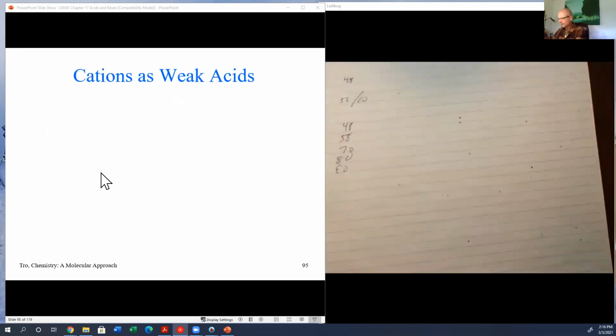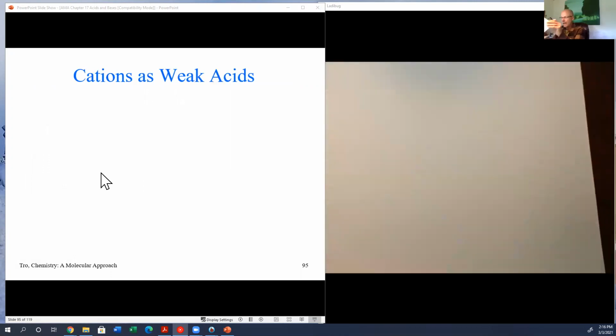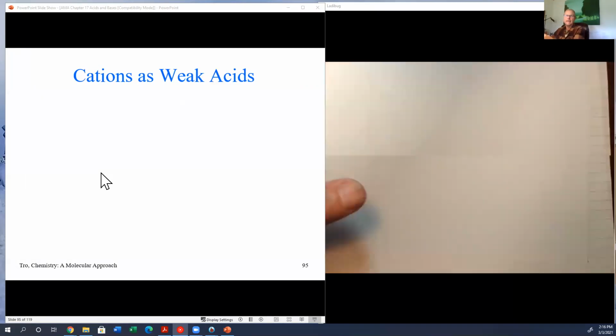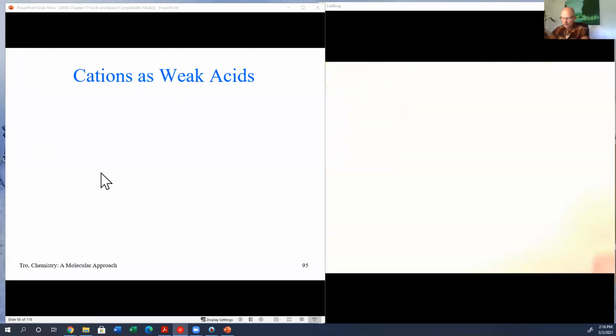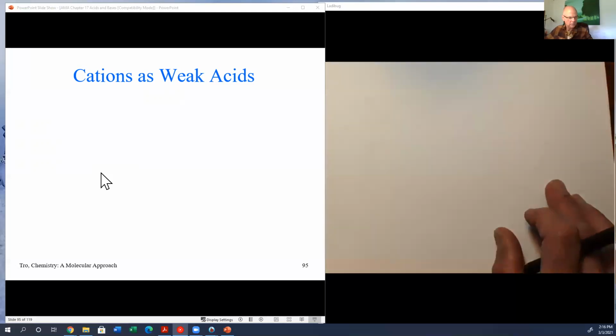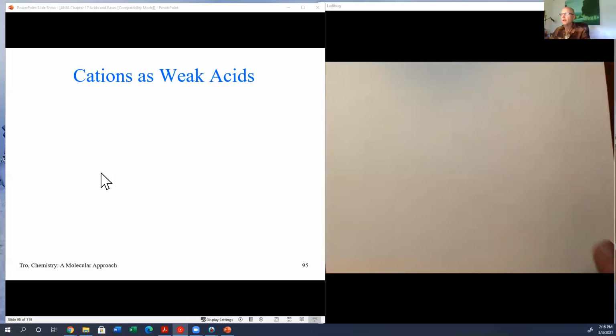Okay, so anions can be weak bases. Cations can be weak acids. All right. So cations fall into